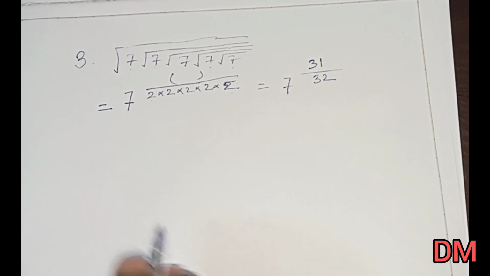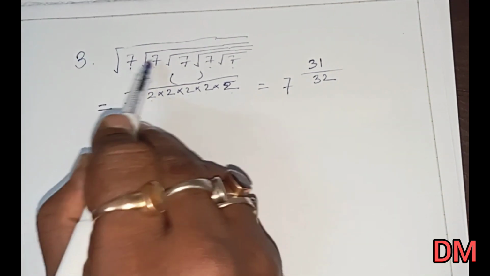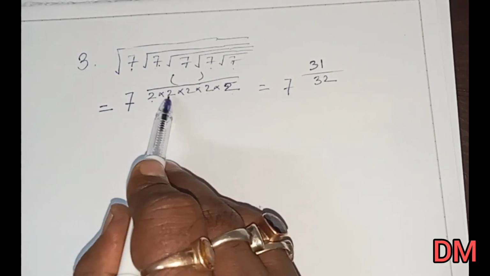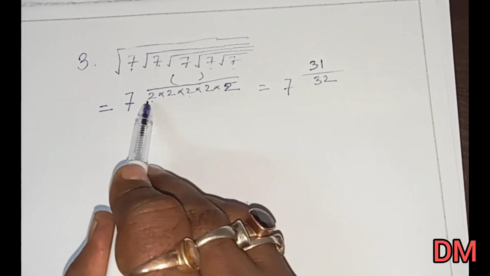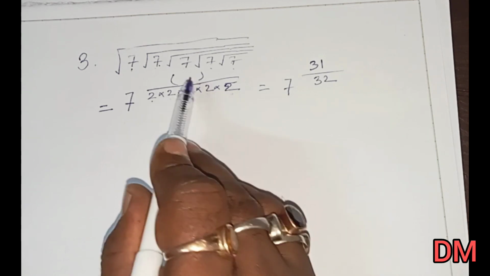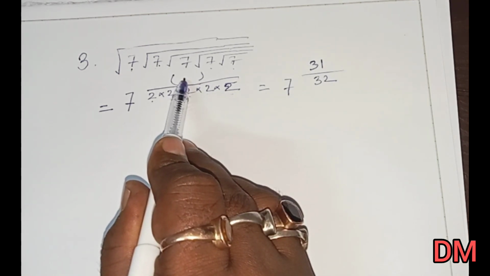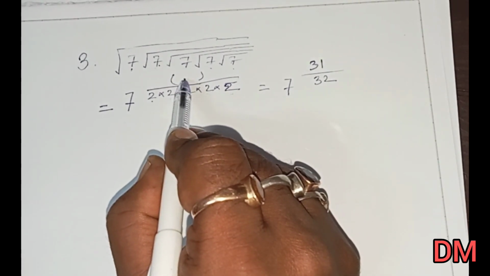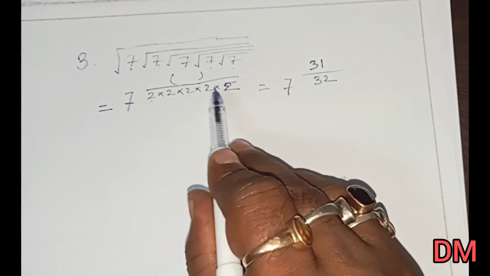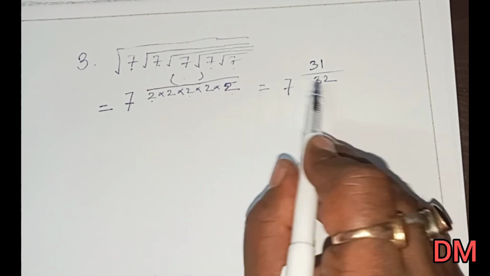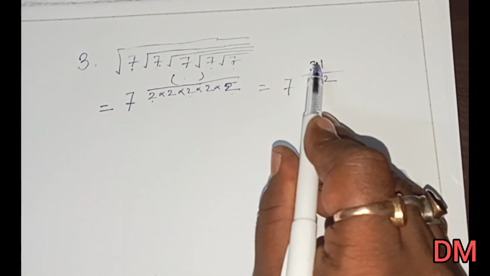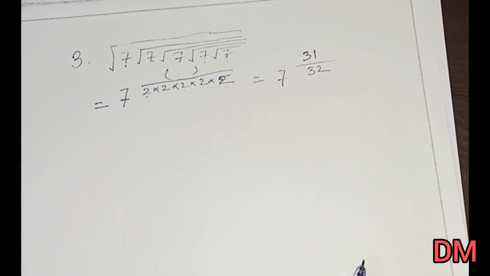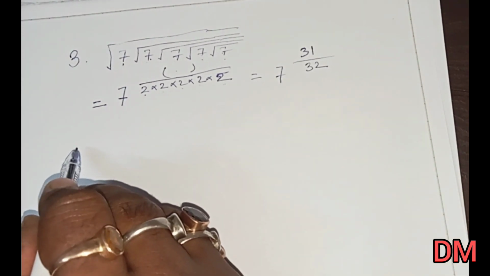Got the point? 1, 2, 3, 4, 5, 5 sevens are present here, so you have to write 5 times 2. And at the numerator, what will it be? 1 less than this. So at the denominator it is 32, so at the numerator it will be 31. Okay. Now one more problem, that is equal to